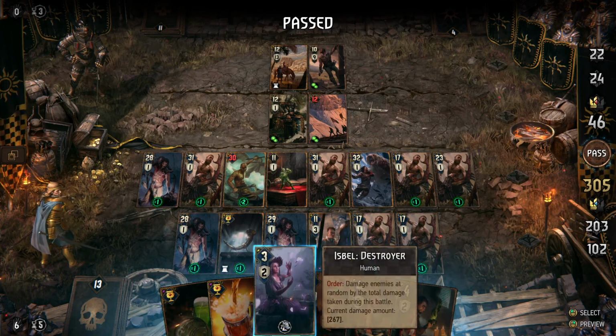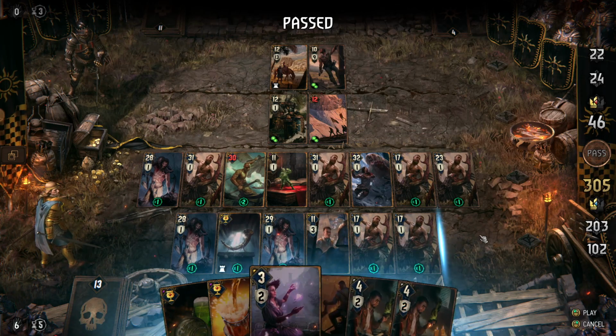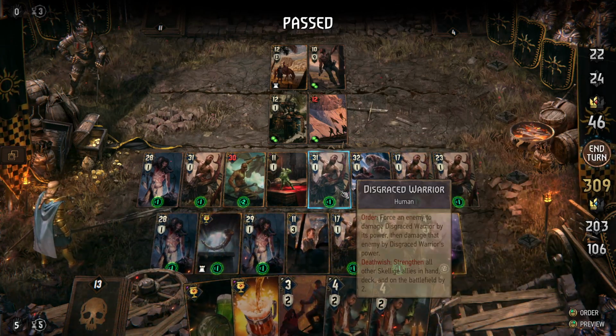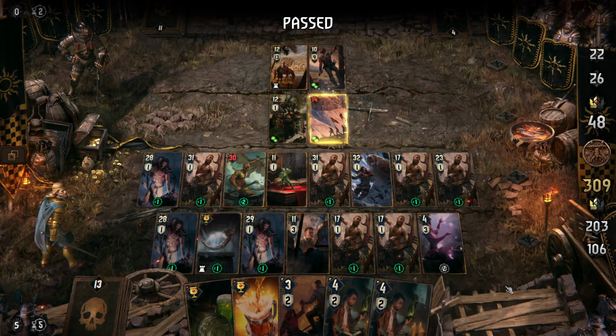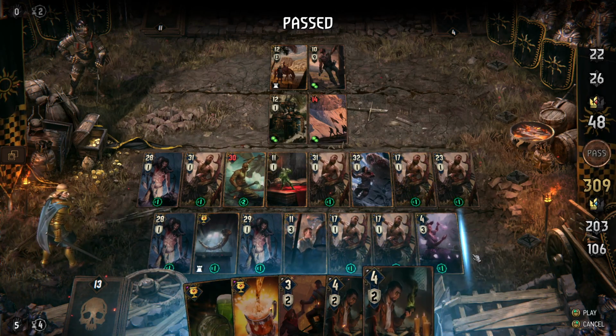You know, we drop down an Isbel, destroy every unit that they have, and then it definitely would... Okay, fair enough. It's not too late to walk away. Could have put her next to one of the really big guys and then done an Alchemist on our next turn, but... So obviously this is completely unnecessary, but now we'll do...